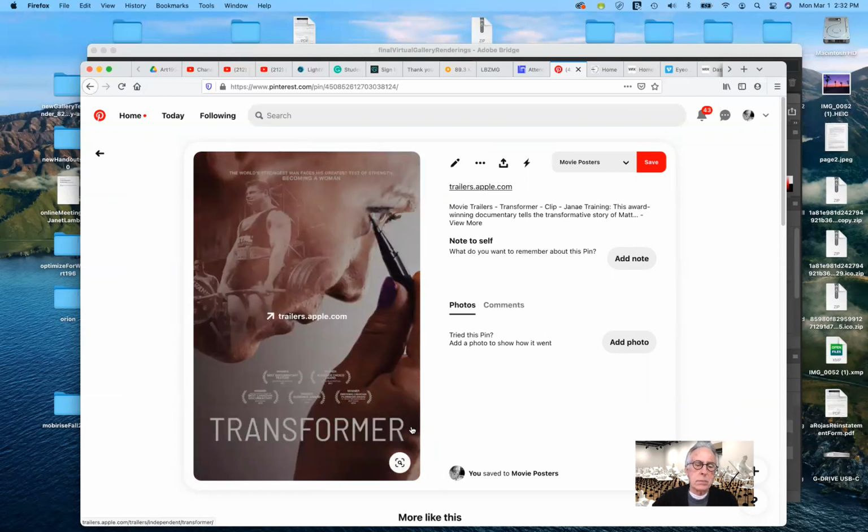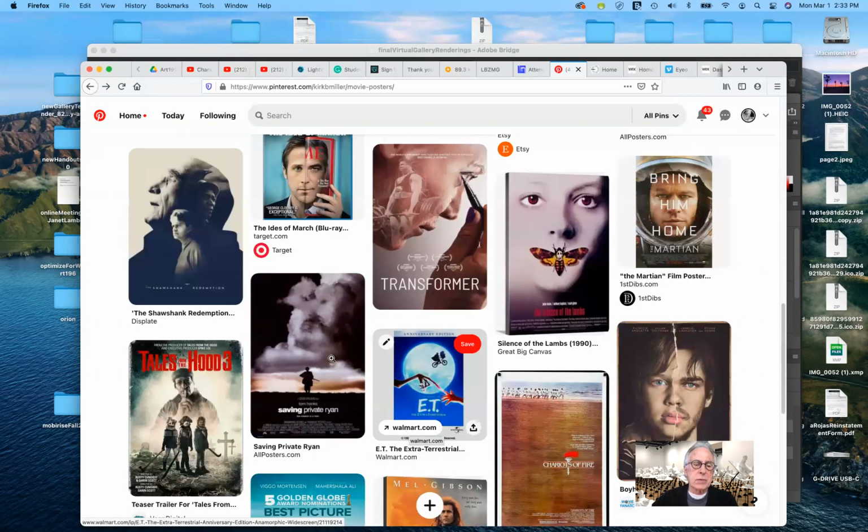Simple type. They do showcase the awards that this movie was awarded. No credits, but again, I want you to have credits on yours. So easily these awards that were won could be put up here and reduced in size a little bit, and then Transformer could be moved up a little bit, and the credits could go down here, and it would work equally as well. So that would be another good one. Again, simplicity, I guess, is what I'm going for.